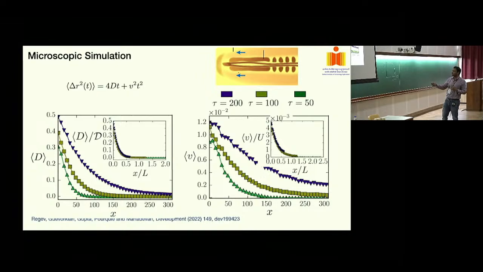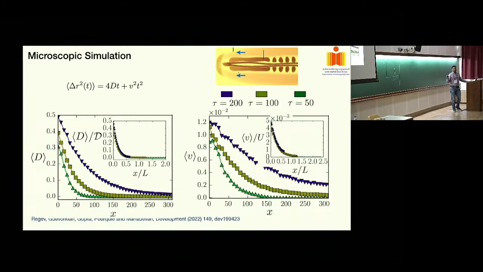Similarly for drift velocity. But if you collapse it using the length scale I was talking about, which comes from diffusion, the elongation velocity and the time scale, then you can collapse all of these. Now we can see that there is a similar trend. At the end, I will also compare the experimental and numerical results. So this is about the